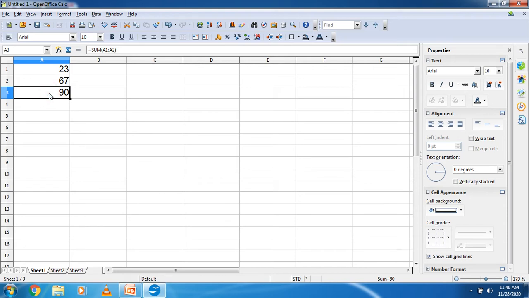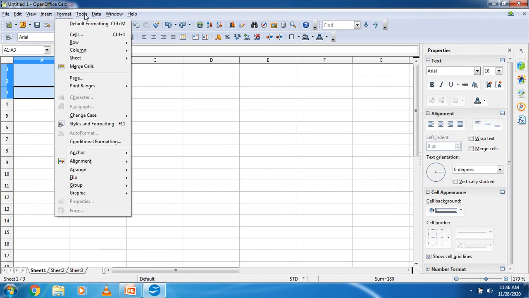Now, the other way: if you want the addition of these three numbers, then you select all three numbers and select the option Sum. So you will get the answer over here. Like this way, suppose you select this cell, you will get the answer 180. Understood, students?